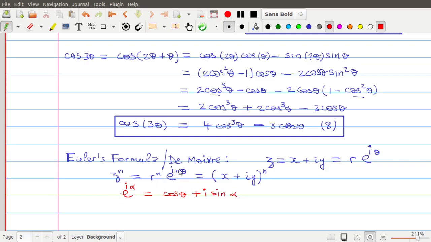So now if you assume that r is equal to 1, taking r equal to 1, we have, so if we write this expression,